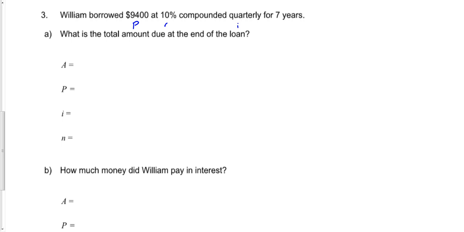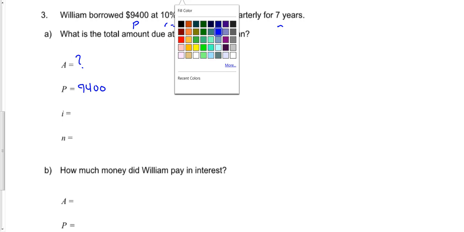Okay, and he has it there for 7 years, so that's our end value. So we're trying to figure out the total amount that's due at the end of the loan. So we don't know what the total amount is. We know that the principal is going to be $9,400. The I value, we know that